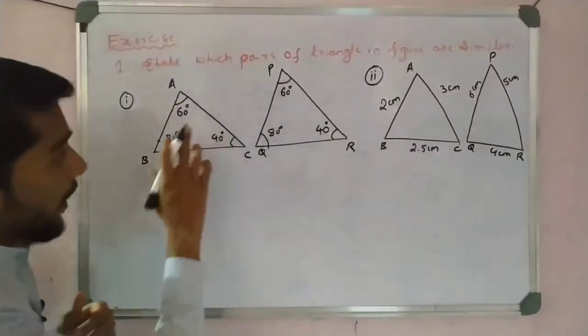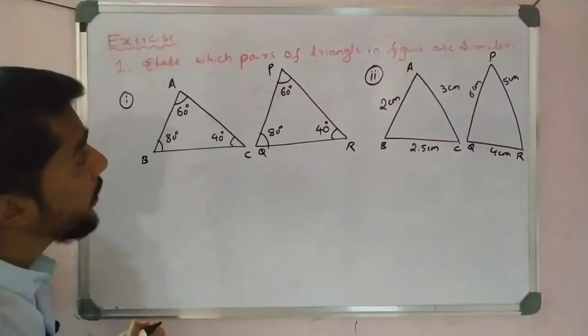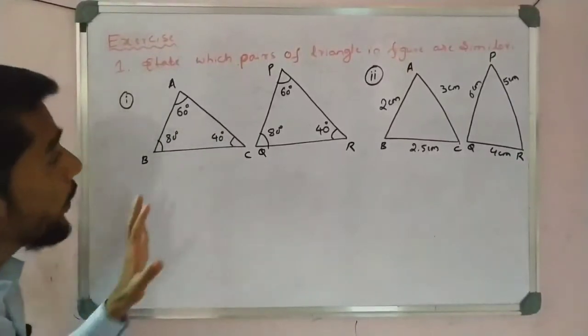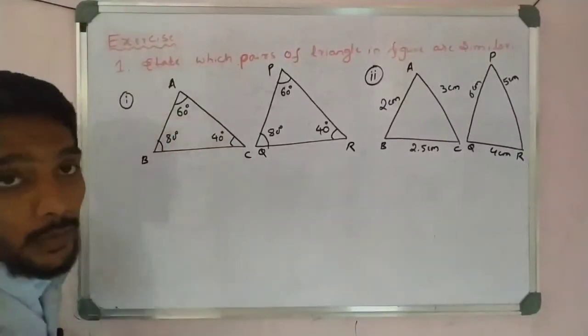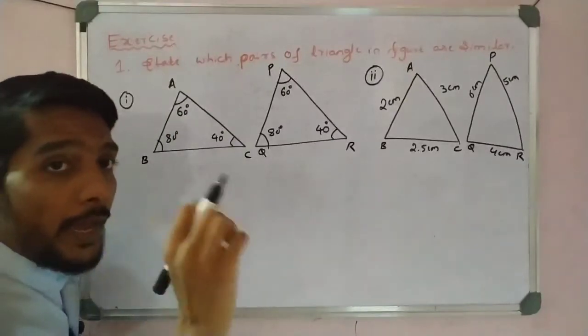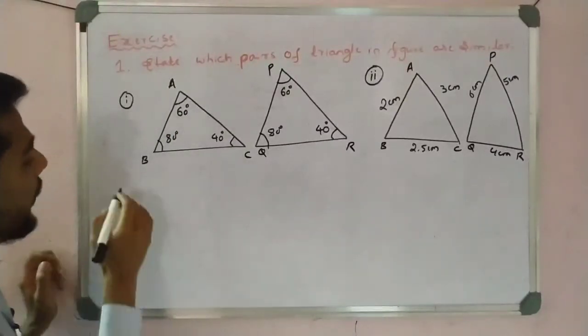Okay, so see here, by observing the question we observe that the sides concept is not there, only angles are given, and three angles are given. So 100% we have to check the AAA theorem here. So see here in the solution,